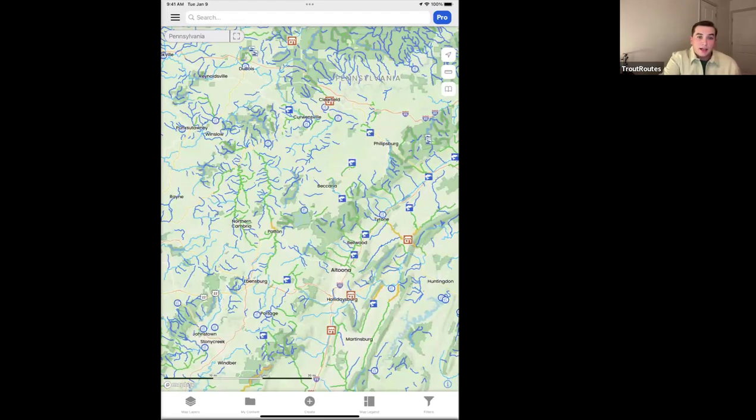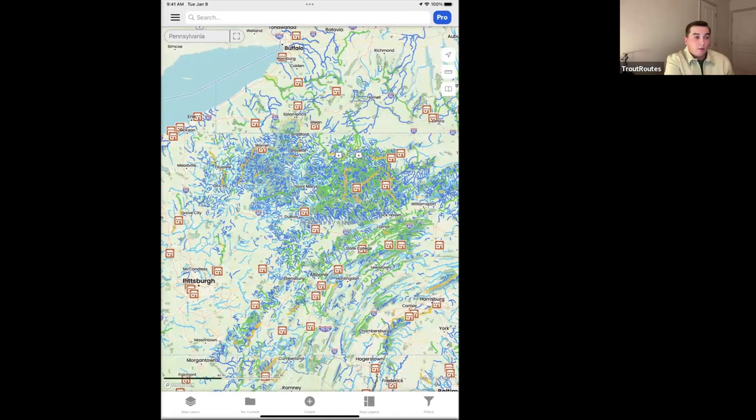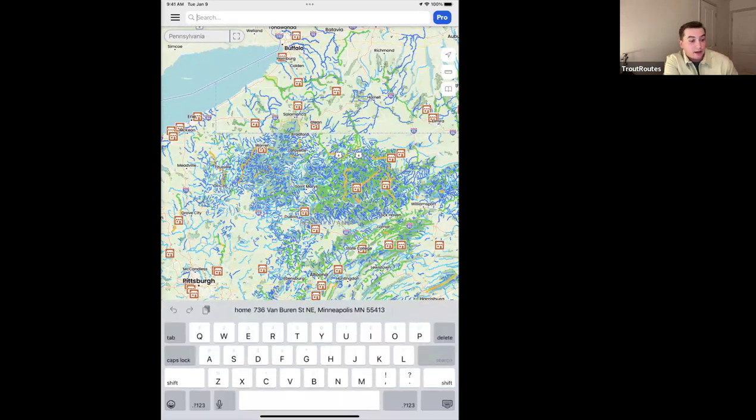So the next option that you'll be utilizing if you're looking for a waterway would be the search bar. One thing you want to keep in mind when you're utilizing that search feature is to have the state selected that you are searching in. So if I were to search for Bear Creek, but I'm looking for Bear Creek in Colorado,